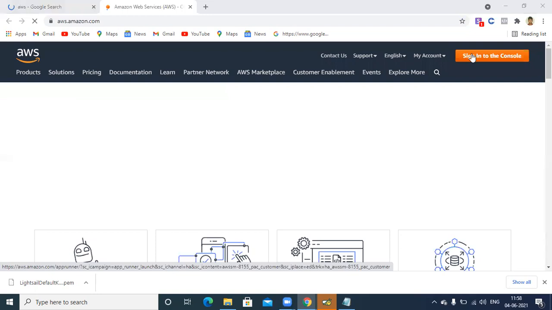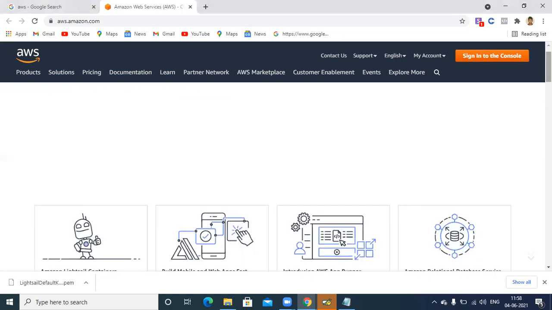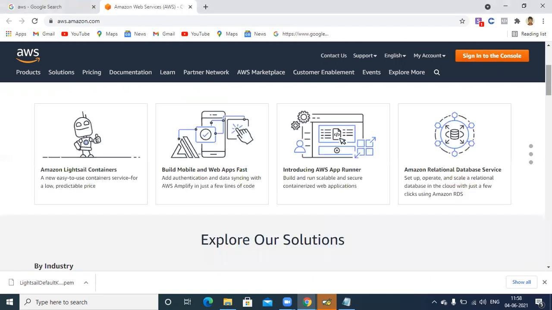Now, first of all, here it is showing sign in to the console. For those who already have an account with Amazon Web Services, you can directly log into this sign in to the console. So now I'm going to click on sign in to the console. Before that, you have to read all those instructions very carefully on this website.